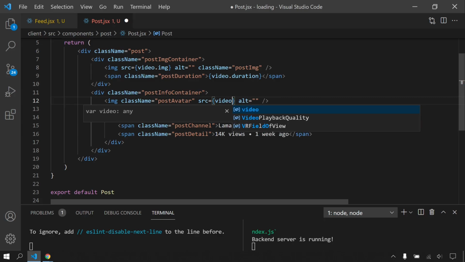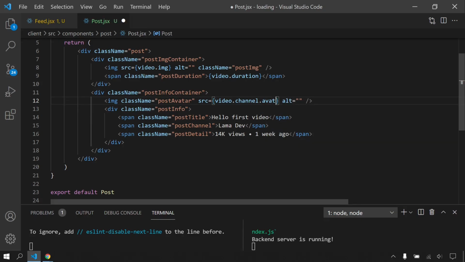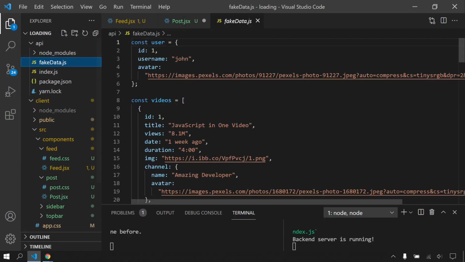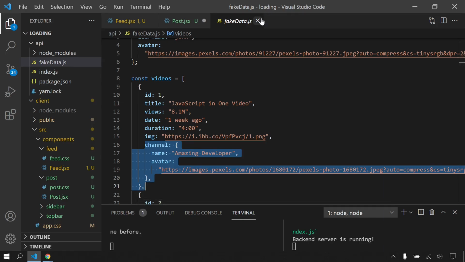I will say video.channel and avatar, because remember our fake data here. We have title, view, state, duration, image, and also channel object here, and it contains name and avatar.